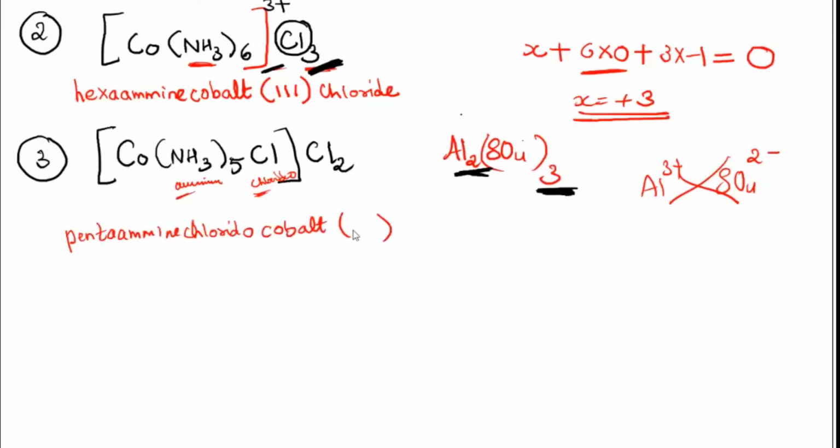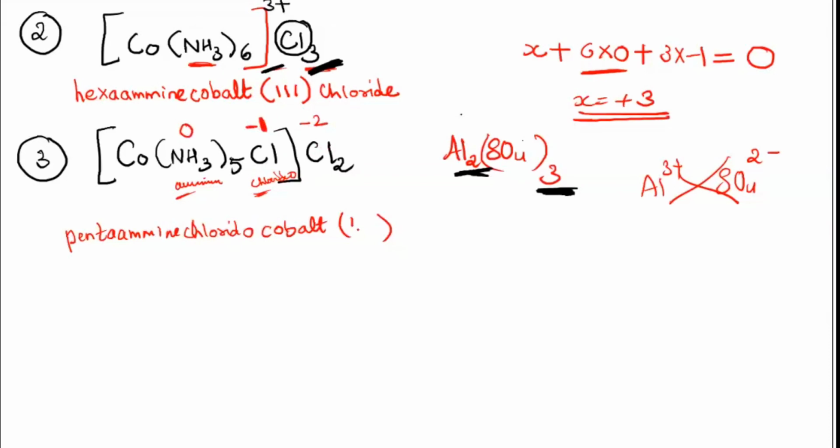Yeah, see the oxidation state. What is the oxidation state, everyone? Very good, correct. And how are you finding out? See, you can directly see and find out. You don't have to do the calculation also. You can see here ammonia is 0, no? So this will be 0. I have chloride, which is -1 here. And then again outside I have 2 chloride, that is -1 into 2, so -2. That whole thing will go to the other side, because the total is equal to 0. So then it will be +3.